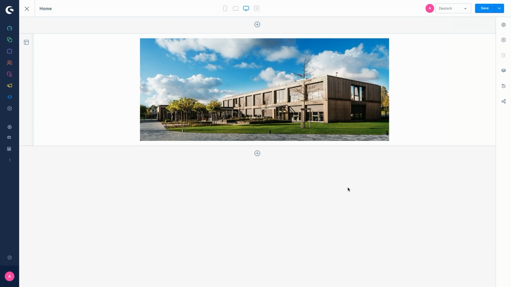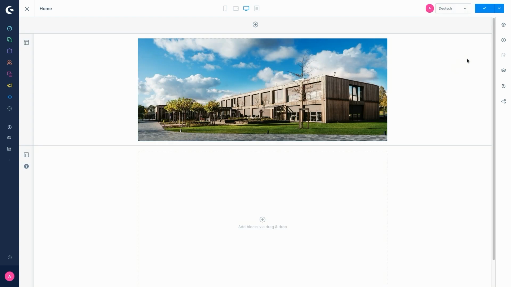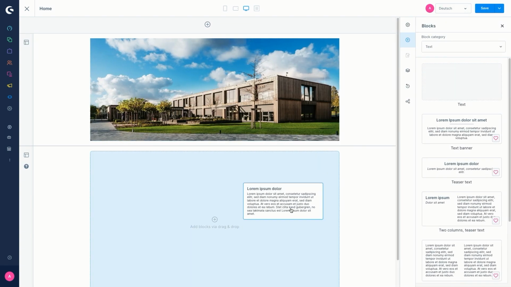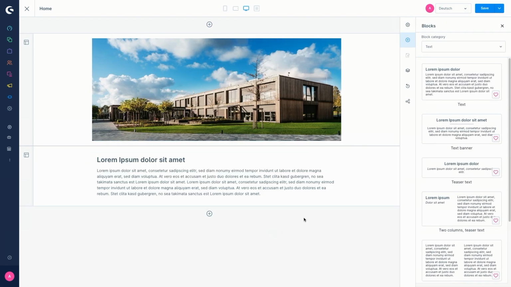So to create a new version of an already existing layout, first make changes to the current layout. We'll just add a text block and leave it like this. So now you have changed the current layout as usual without simply saving them by clicking on Save.